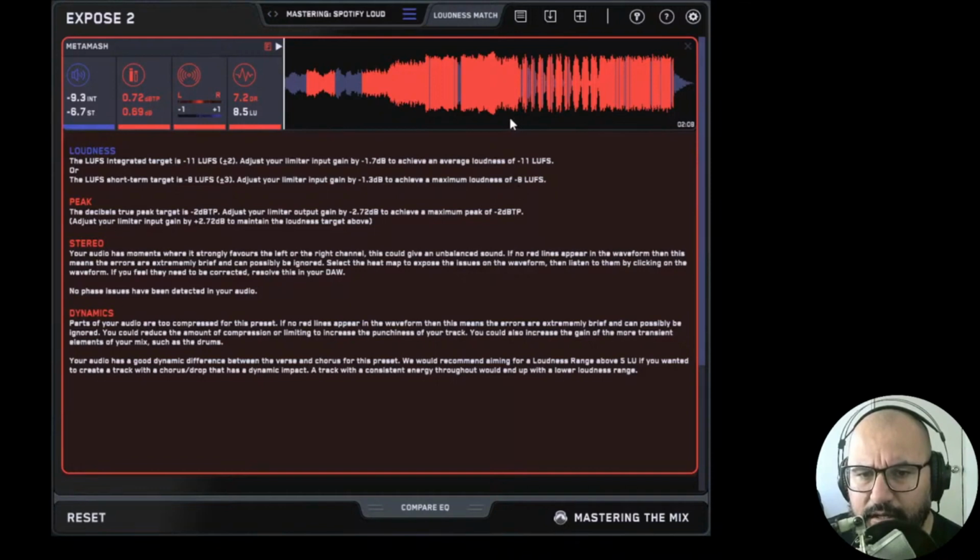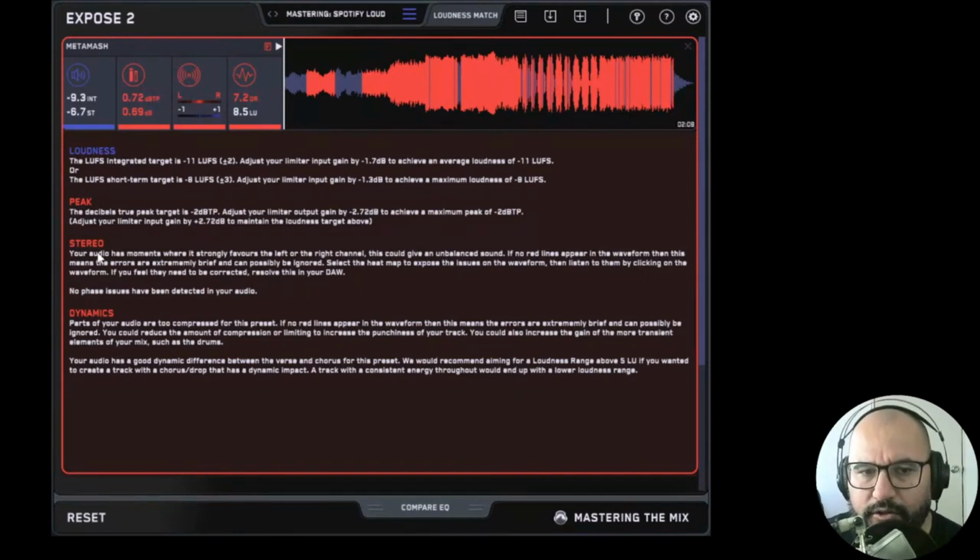There are several presets here: Spotify Loud, Crazy Loud, CD, Club, Balanced, Apple Music, etc. Or also for mixing, right? Balanced, Dynamic, Loud, Punchy, Mix. And depending on the preset that you choose here, it will measure